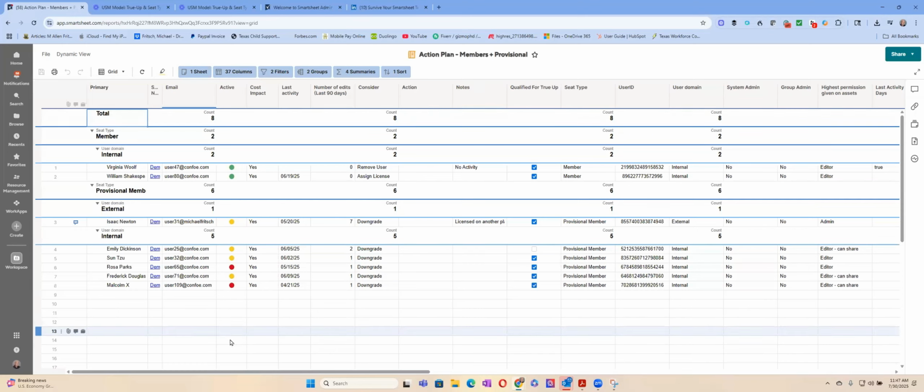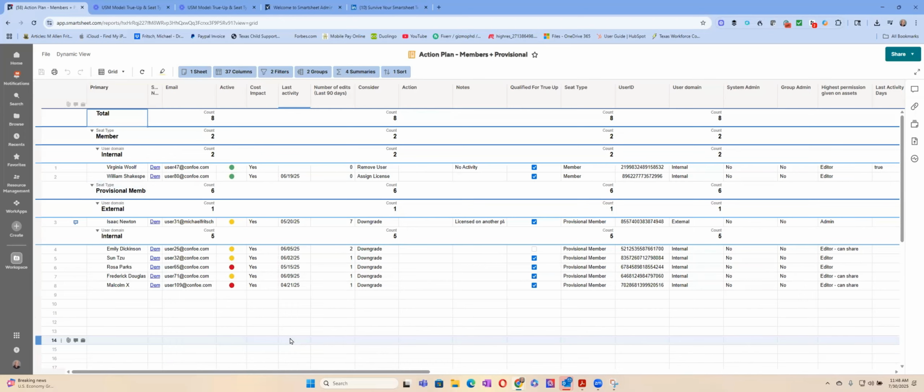So in this report, what we do is we take a look and we group folks that are members and provisional members, and we can take a look and see, how active are they? And, when was that last activity? So we can take a look and see that most of these folks are fairly active. And so we may want to keep them,